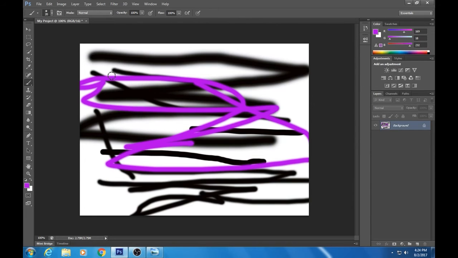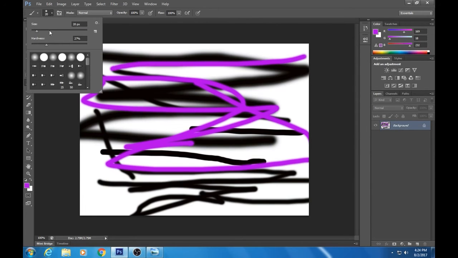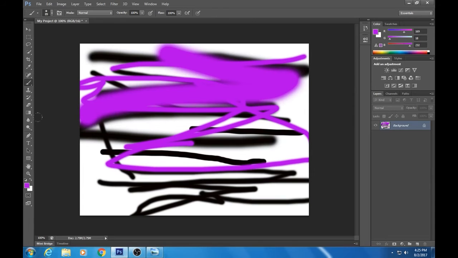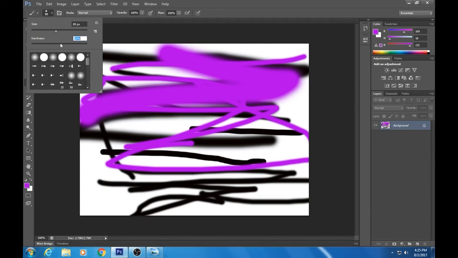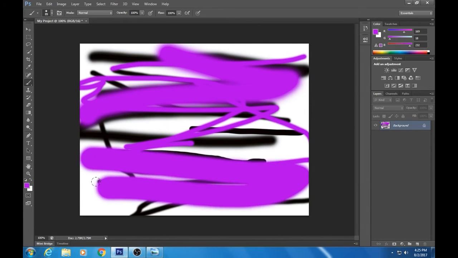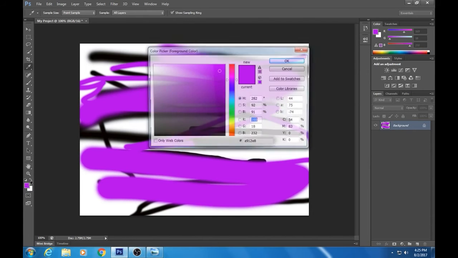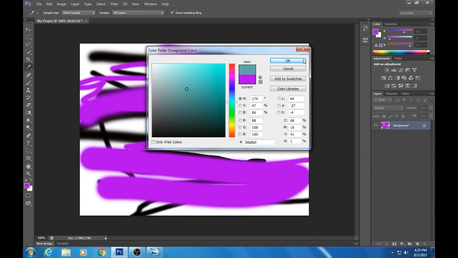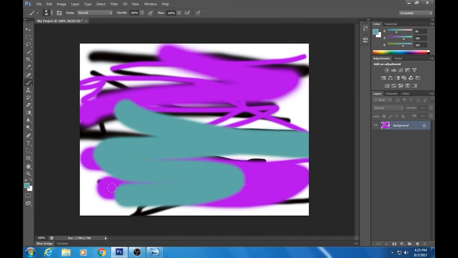So spend some time making some different size lines and also some blurry and sharp lines, playing around with the hardness tool. Get a lot of different colors there and just go crazy, have some fun playing around with the